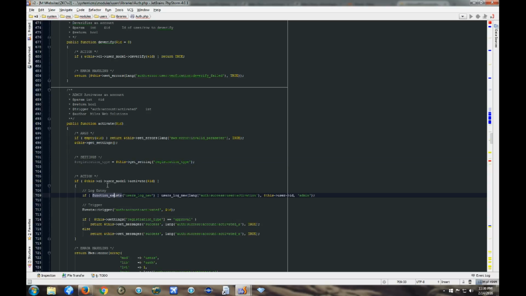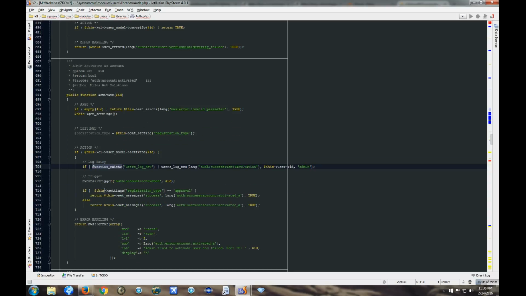So now, instead of calling for this settings array, we're going to call for the setting up there, registration type. So if registration is equal to approval, meaning that we have to approve everything, then